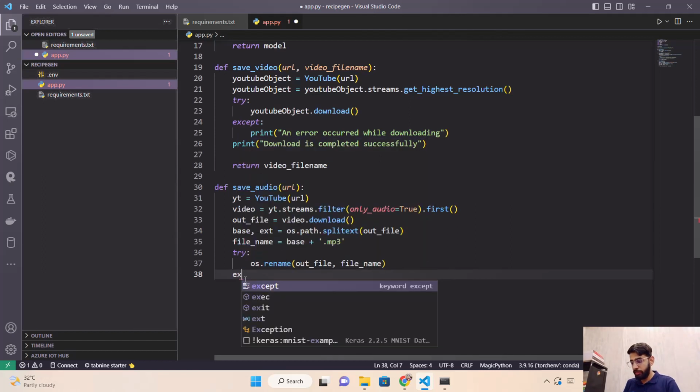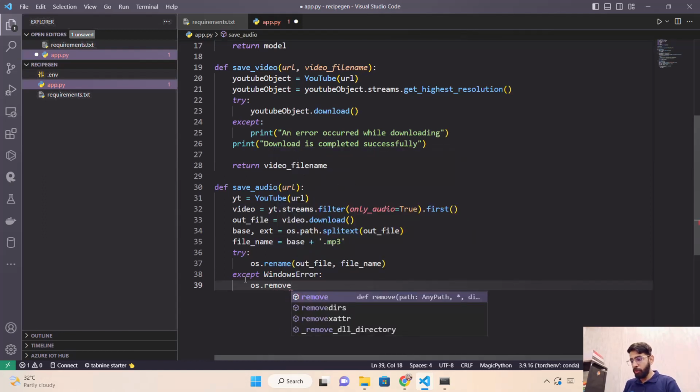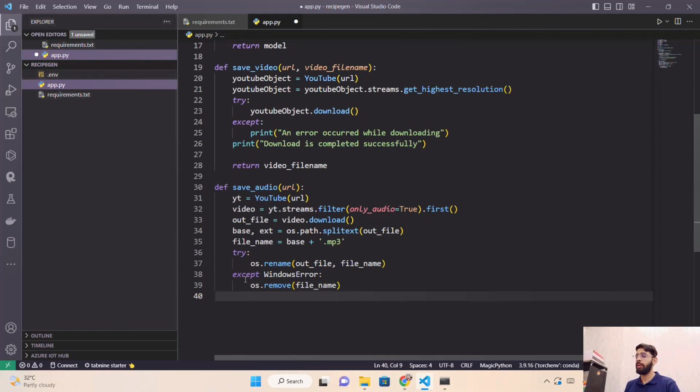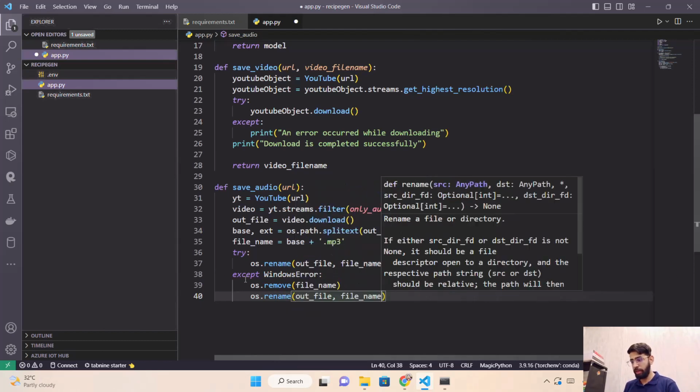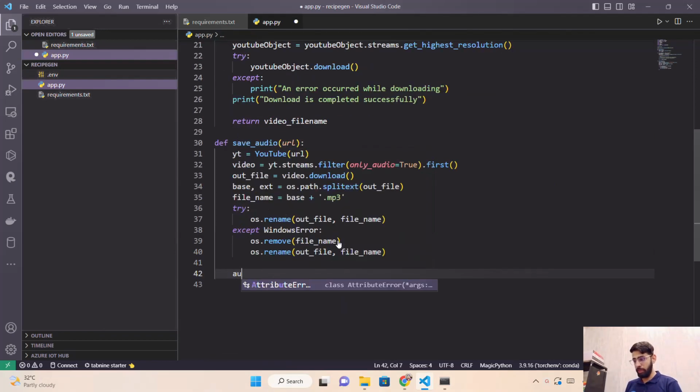Now let's do in except if we get any Windows error. So Windows error, it's not a method, except Windows error, os.remove that file name. Okay, os.remove file name, os.rename out file and file name. Yes, this is correct, out file and file name. So try and except, and let's do audio file name